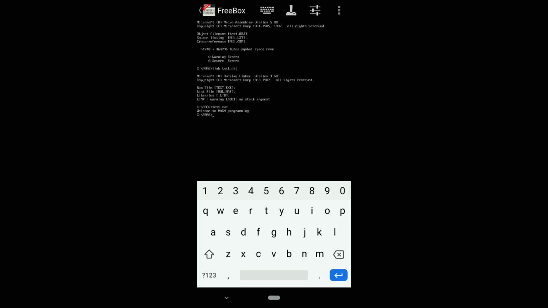You have three things to do. First, assemble the program using the command masm space prog, the name of the program .asm. Now you have to link the object file of that program, so you type link space name of the program .obj, that's object file. Now you have to execute the file. For that you have to write the name of the program. Here the test is the program, so test.exe. So it will execute and you will get the output. Okay,